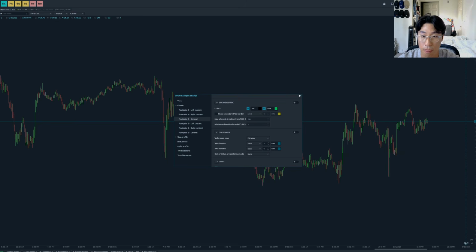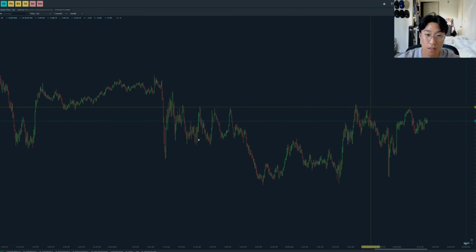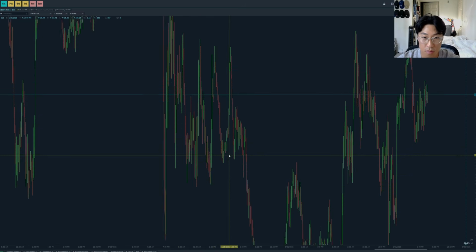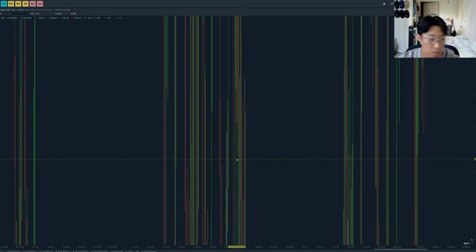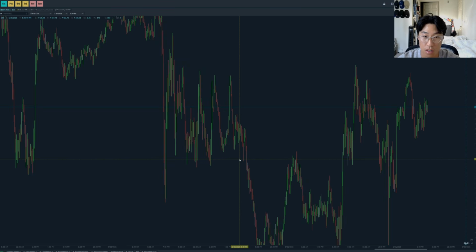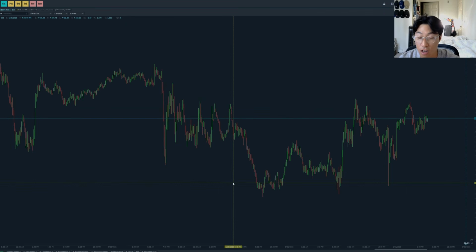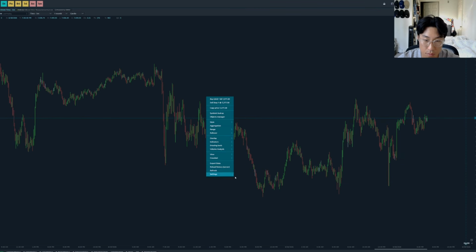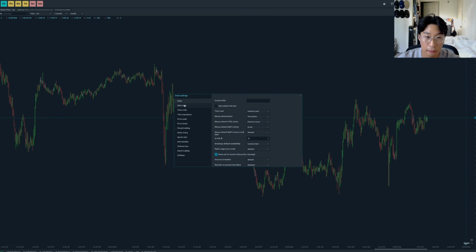Okay. And now, if you see this chart, if you just zoom in regularly, you're not going to be able to see this footprint chart. And this is a question I've gotten a lot. I think I figured it out. So what you have to do is come into the settings, go into this right here, mouse wheel plus control